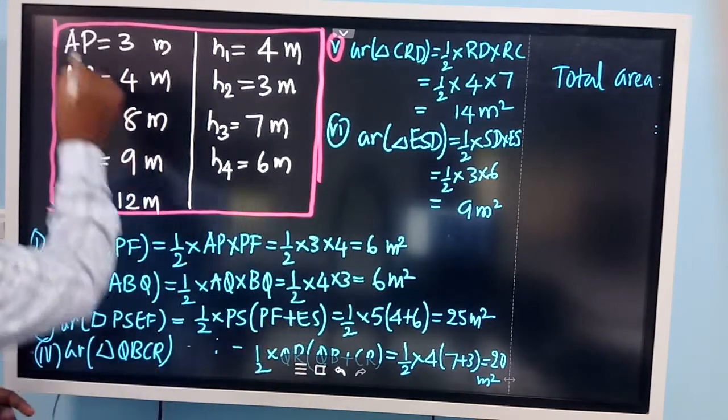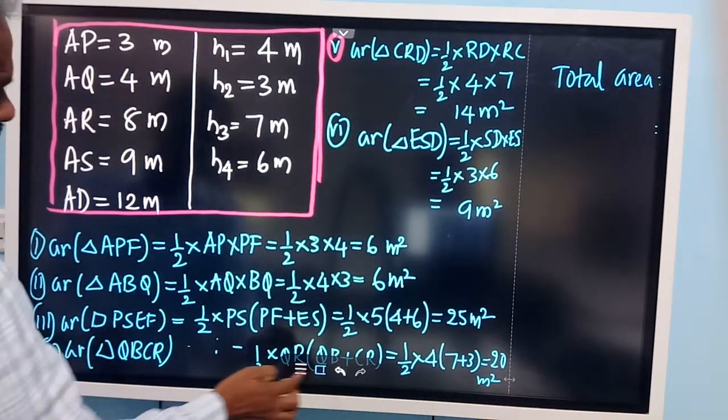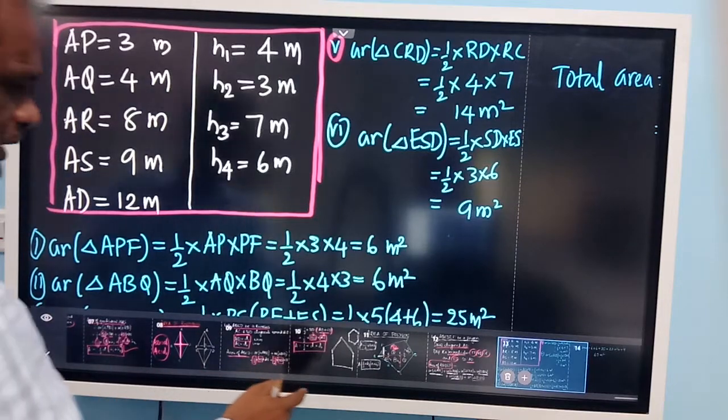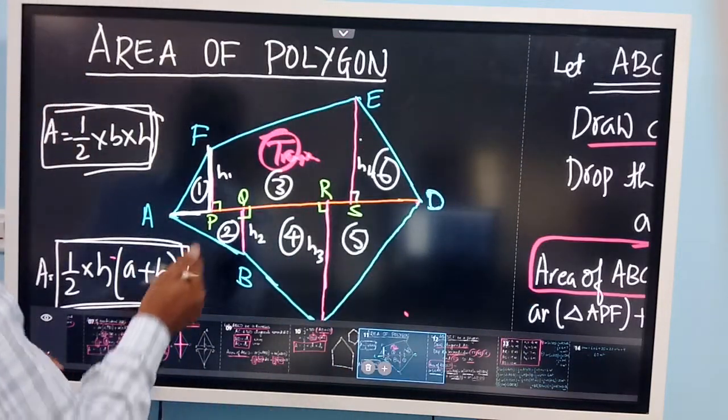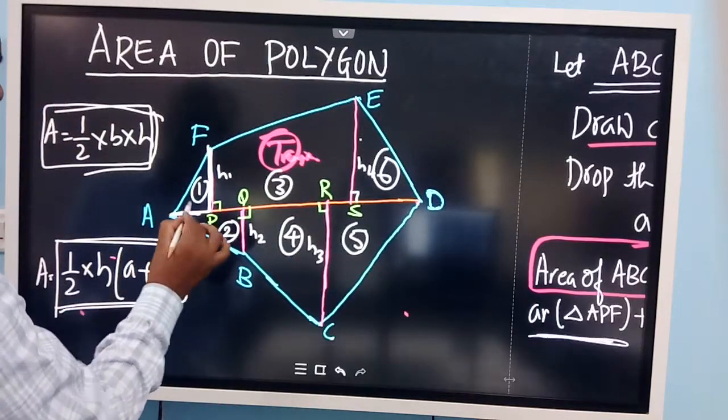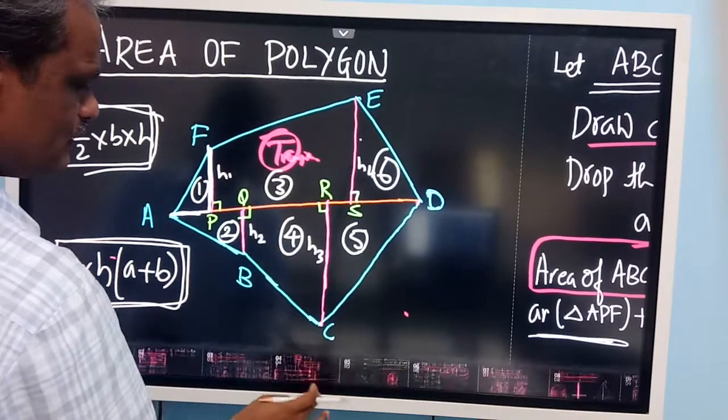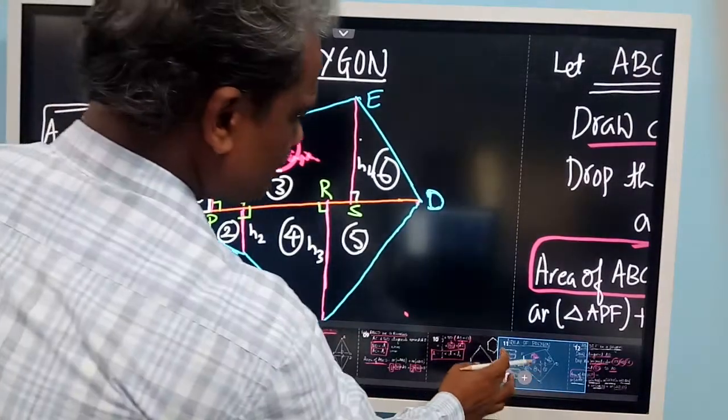So in the diagram, AP is equal to 3. Look at this diagram. AP is equal to 3. From here to here it is 3. Okay. Then AP is equal to 3 means